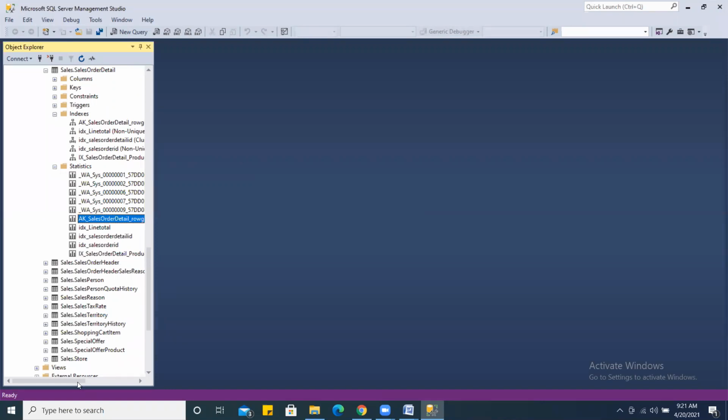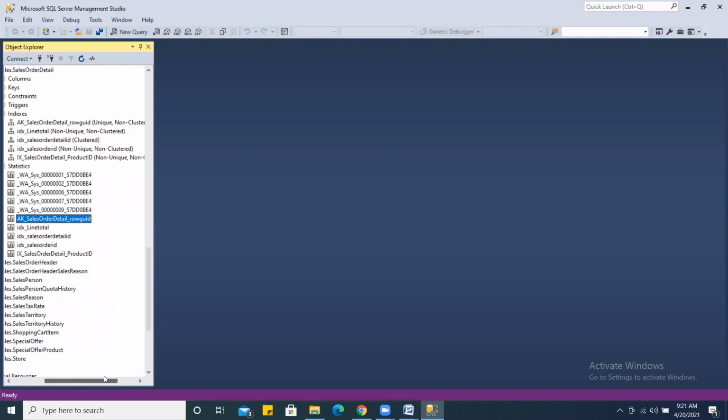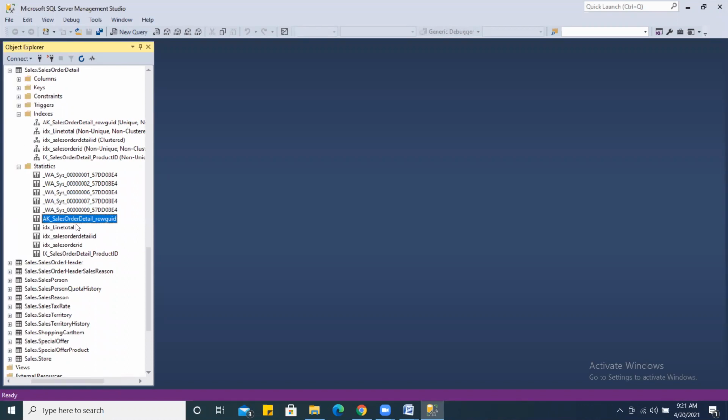Whatever the name of the index, with the same name you see statistics have been created, these five statistics. For example, the first one is AK_SalesOrderDetail_rowguid. The same statistics you see here is created, right?